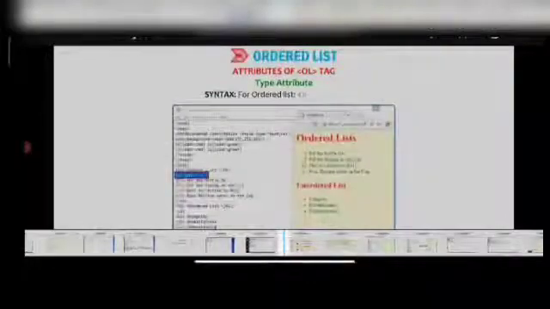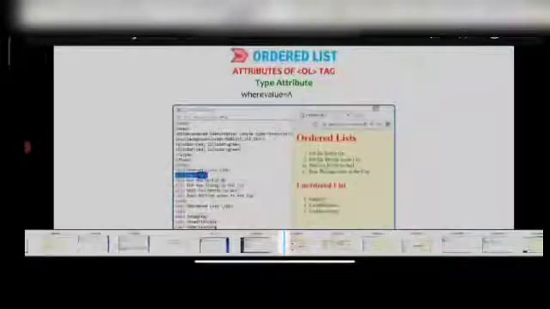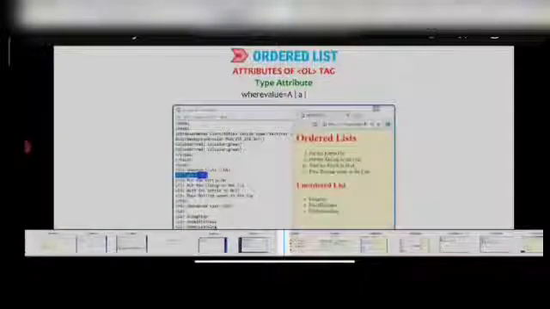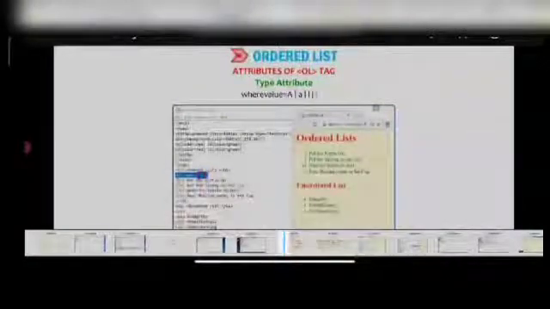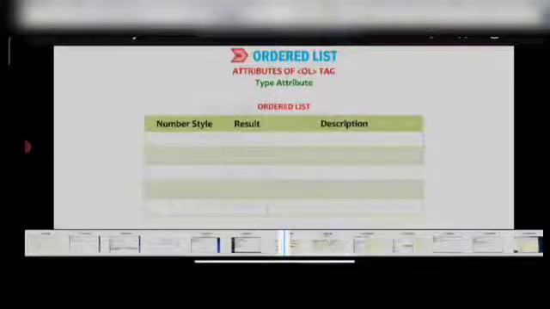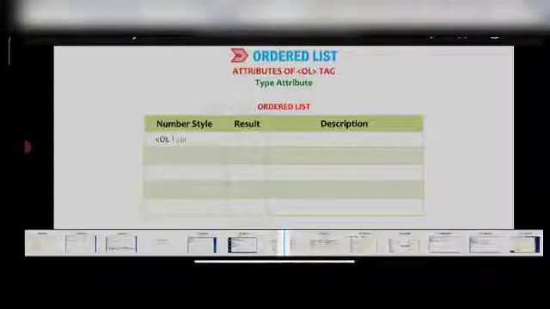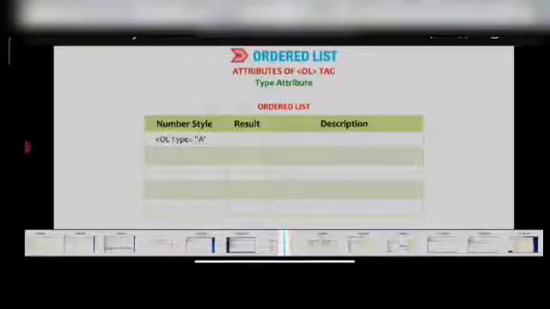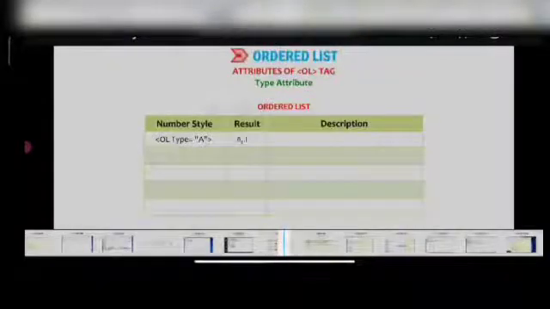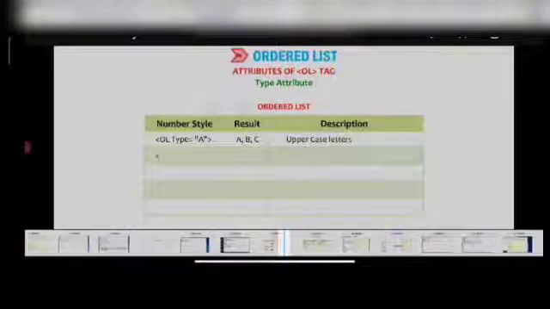Syntax for ordered list: OL type equal to value, where value equals A or small a, or capital I or small i, that is Roman letter, or 1. Number style, result description: OL type equal to capital A, B, C, uppercase letters.